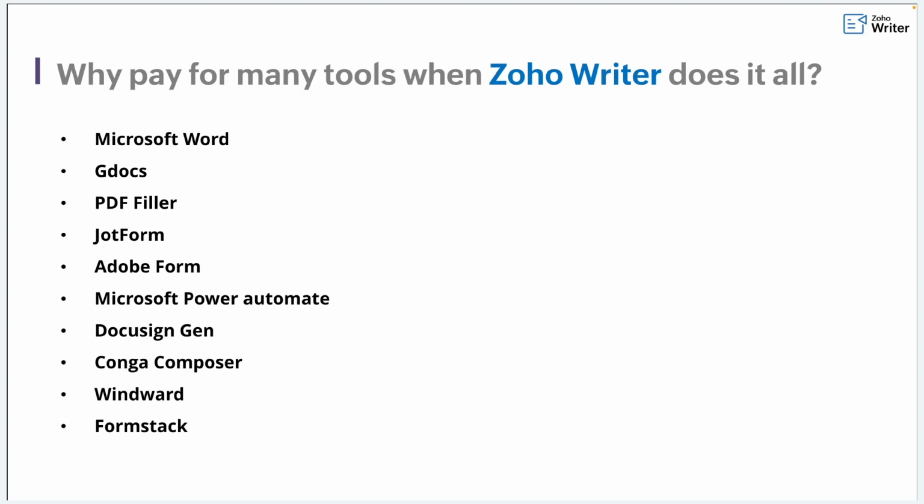So essentially, that means Writer does the work of 6 or 7 different tools. Exactly. You save time, money, and avoid the headache of juggling between applications. One document platform, all your needs are covered. That's really interesting. And let's start with one of the most powerful capabilities of Zoho Writer, that is document and